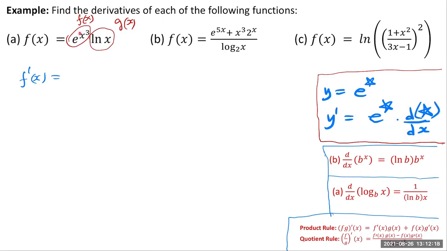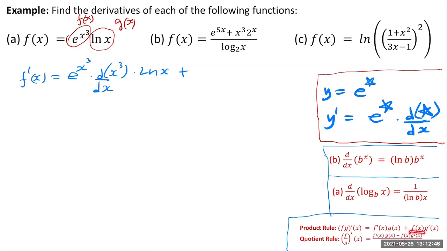Notice that in this case, your star is x cubed. So the derivative would be e to the power x cubed times the derivative of x cubed, d over dx of x cubed. And don't forget you have ln x. That is, you took the derivative of this function and left this one fixed. Okay, and then plus,